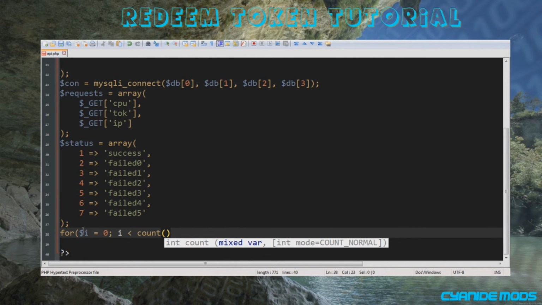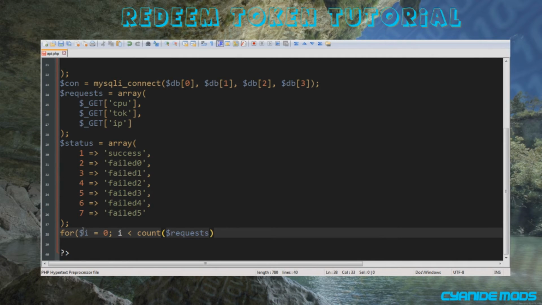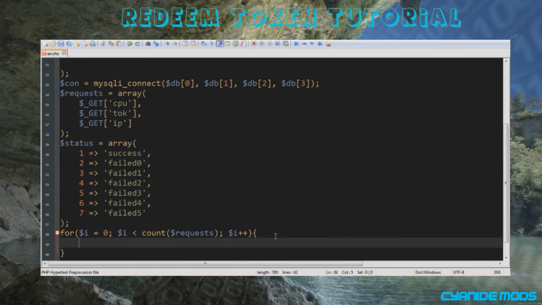I don't know if this is going to work, but request. Alright, count request. And then we're going to do I++. And yes, I did see my mistake. There we go. Alright, and for each one of those, we are going to do if